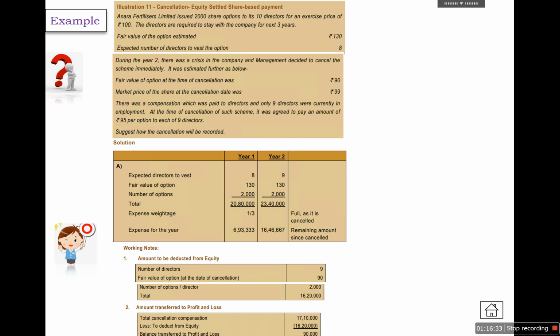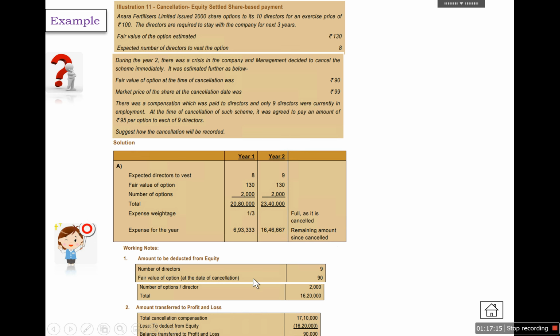So in year 1, expected directors to vest 8, fair value of option 130, number of options 2000, and vesting period is 3 years. So one third amount that we have booked was 6,93,000. And in the next year, 23,40,000 will be booked, because the scheme has been cancelled, so it will be considered as vested immediately. So 23,40,000 minus 6,93,000 that we have already booked, the remaining amount will be